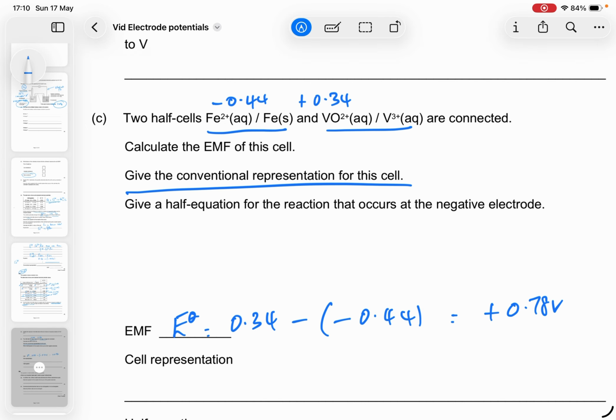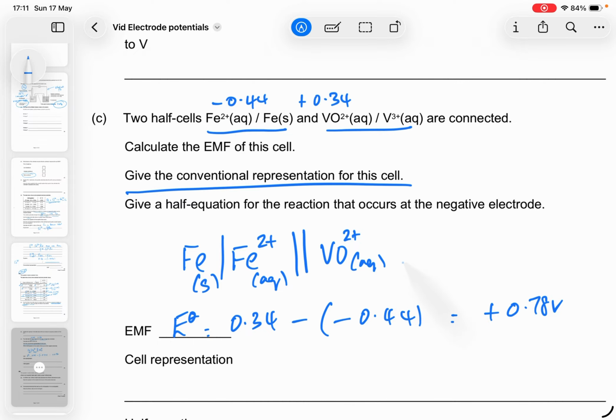Give the conventional representation. Now the way we do the conventional representation, more negative one is on the left hand side. Shall we give state symbols? Not a bad idea. And then VO2 plus. So the species with the highest oxidation state are on either side of the salt bridge. That's aqueous, a comma because H plus is aqueous, a comma because V3 plus is aqueous, and then platinum as your solid. Remember, where you got aqueous solutions in the second half cell, we will use platinum as our